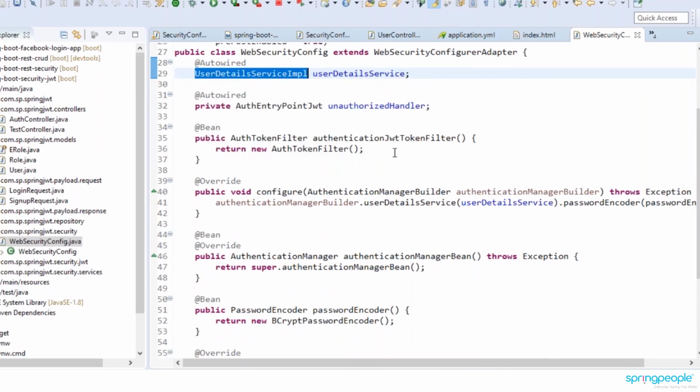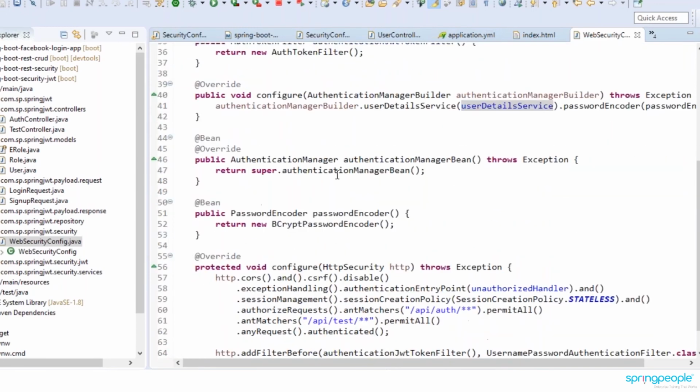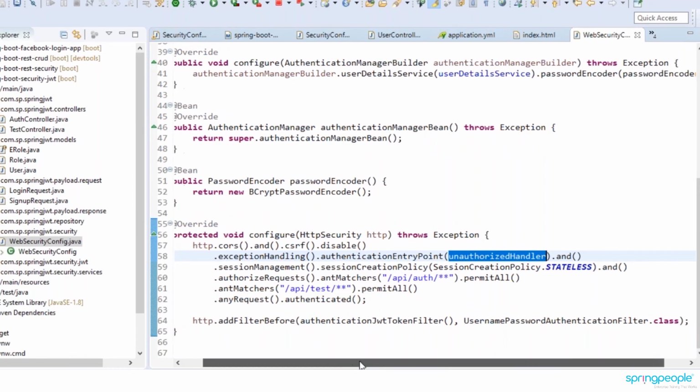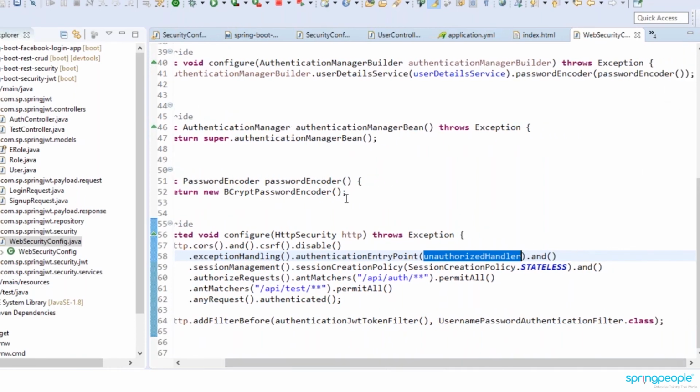Whoever the users are in my database will be able to access your application based on the authorities. Here, the API auth matcher is permit all, and API test is permit all. But the session creation policy should be stateless, with the unauthorized handler as the entry point. And for password encoding, we can configure the BCrypt password encoder.